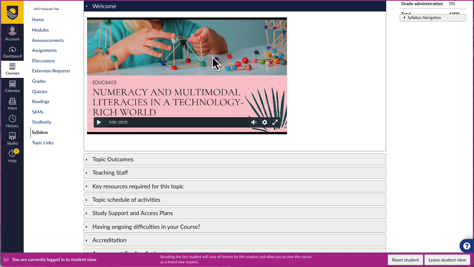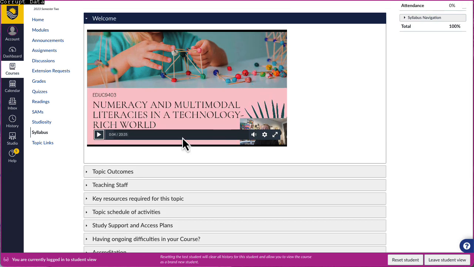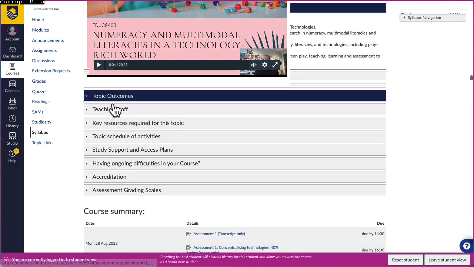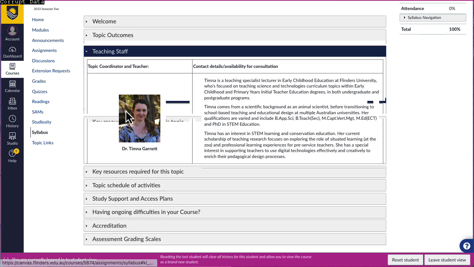And my preference was a video that I showed, and when it goes through, you can see me on the screen, but the core information was provided in the slides that we had. And this is just embedded using the Studio tool. Of course, most important for us, obviously, is the topic outcomes provided here, just as we would expect,